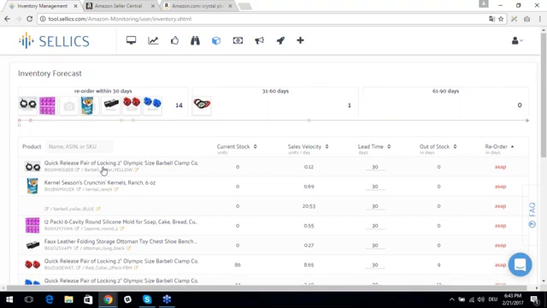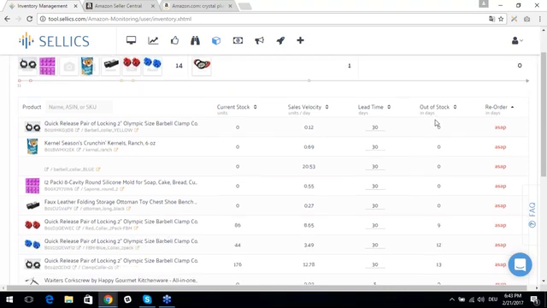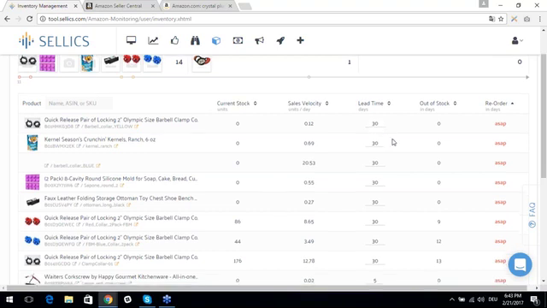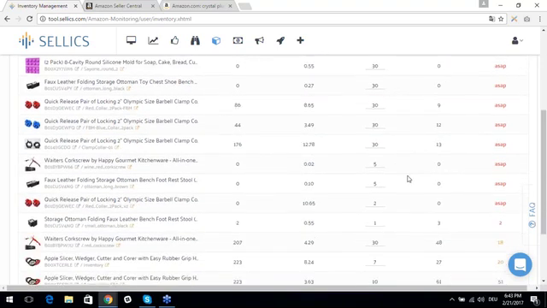So all your products will be listed up here. You'll see your current stock level, your current sales velocity, so how many units you're selling per day, and then based on this, an estimated out of stock date, right? So you'll see exactly in how many days you run out of stock. Then you can enter a lead time here. So this is the time that it takes for you to reorder a product. By default it's set to 30 days, and then it will tell you exactly when you need to reorder,